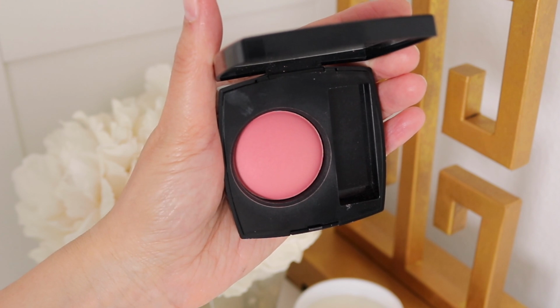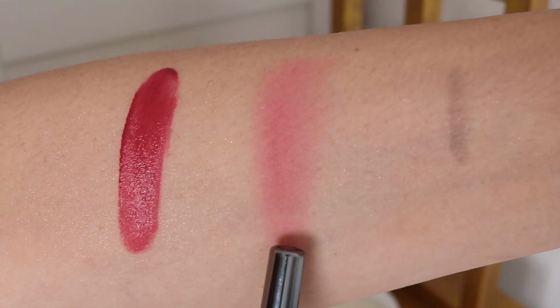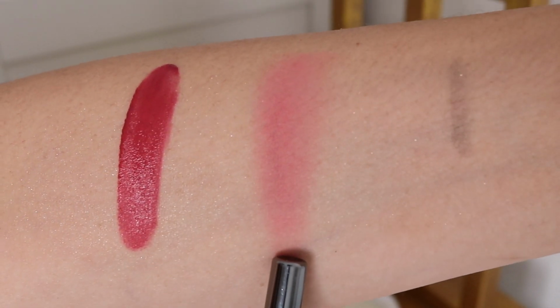So I notice when I put makeup on camera, I don't know if it's a light behind that makes it look like I don't have as much on as I do in real life, and then when I go to playback, it looks like a lot of blush. So this one I went really careful with and just really built it up slowly. So you can do that with this color. I think it's so